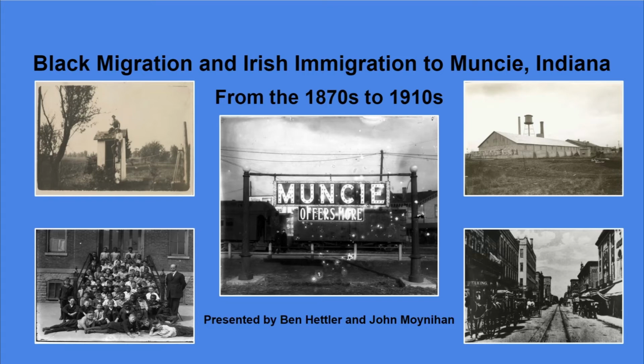By the late 1880s and the early 1890s, the discovery of natural gas in Muncie would accelerate the growth of both the city's economy and the African American community. By 1890, Muncie's population consisted of over 400 African American residents, establishing the city as a major center for black migration within the state and prompting the development of African American neighborhoods.